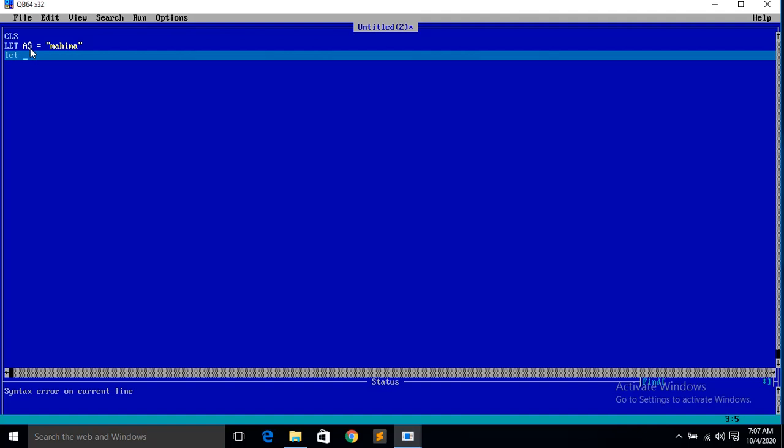Now come back to your page number 95. Let us see what they have explained about constants and variables. Data in QBasic is stored in constants and variables. There are specific uses of these two different data types. Constants are the data that never change. That means that Mahima, whatever you have written, will never change, it remains constant. Whereas variables are the data that have the ability to be changed, that is, to vary. It will vary. That's why its name is variable.